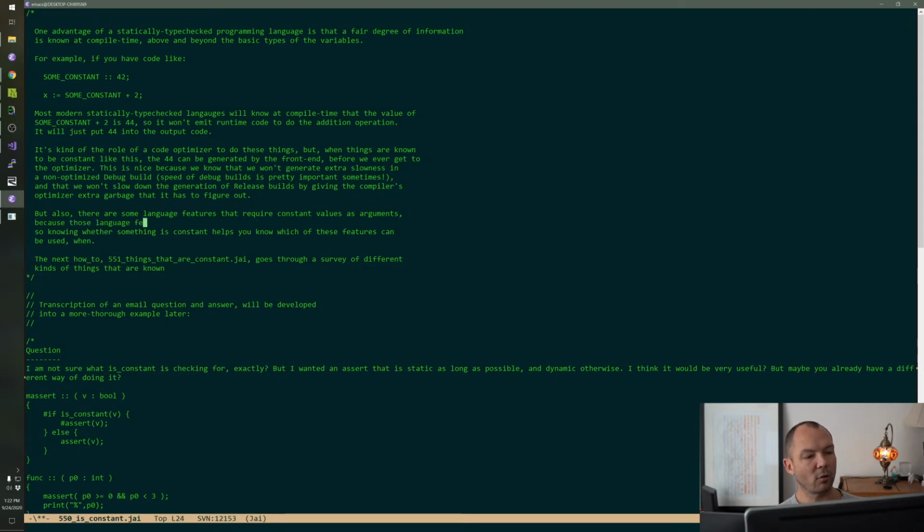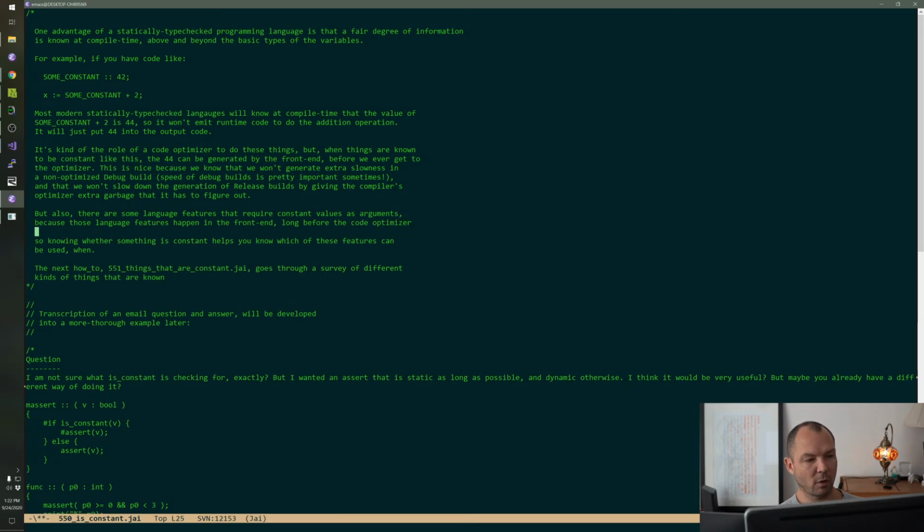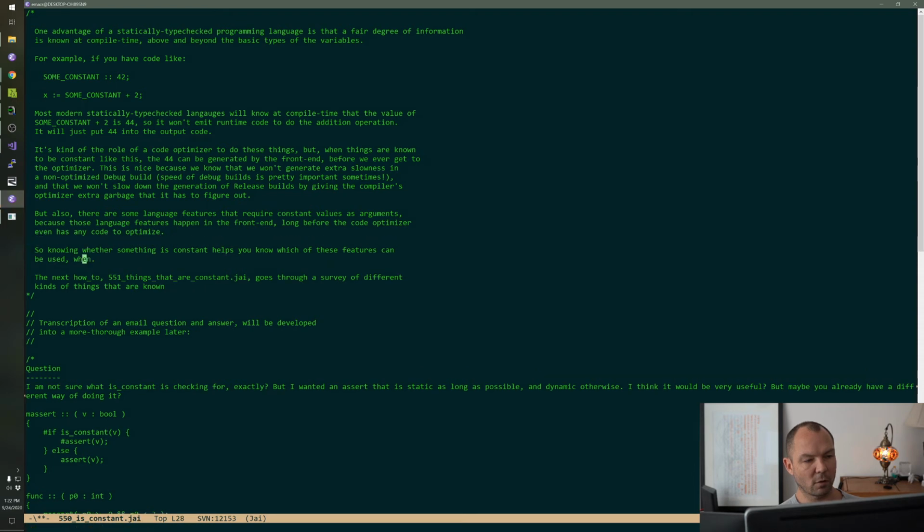Because those language features happen in the front end long before the code optimizer even has any code to optimize. It goes through a survey of different kinds of expressions that are known to be constant.